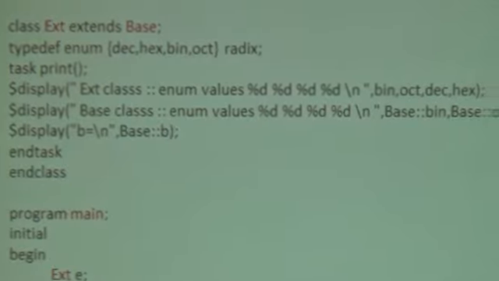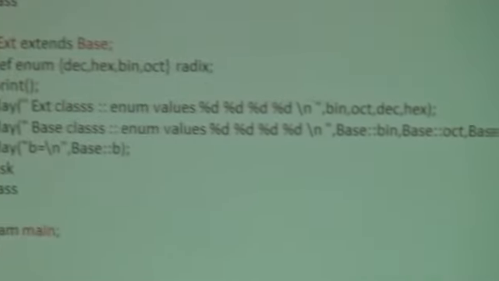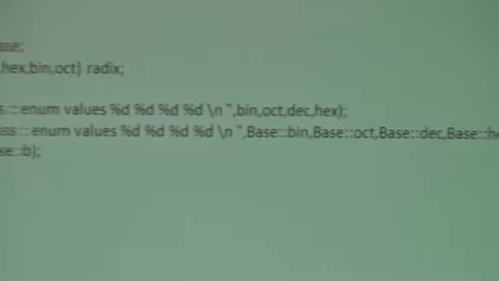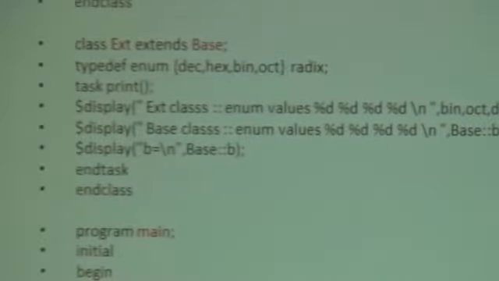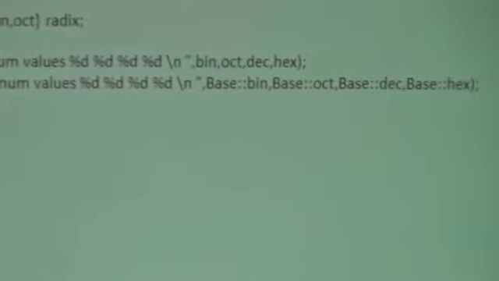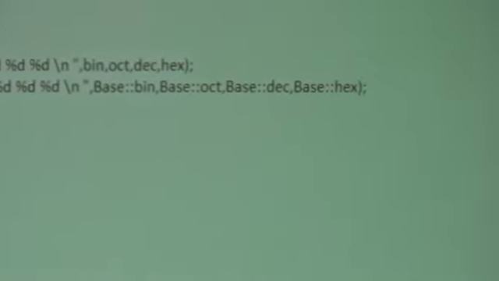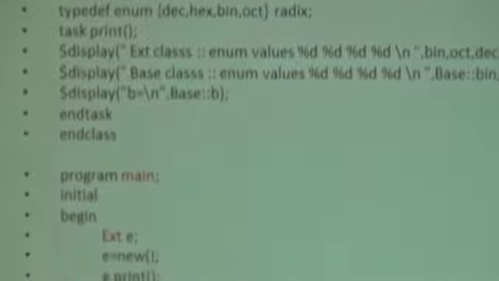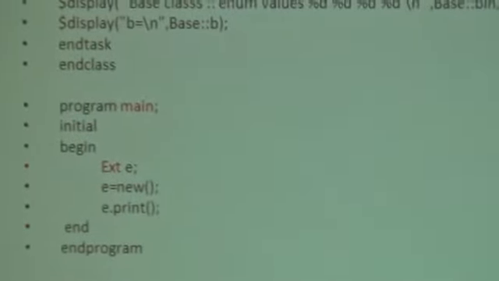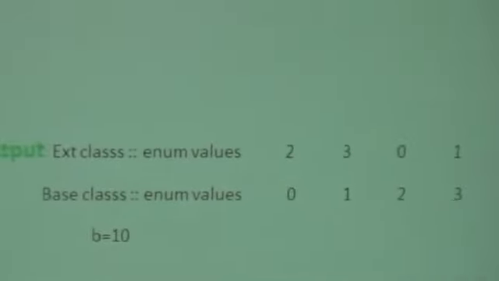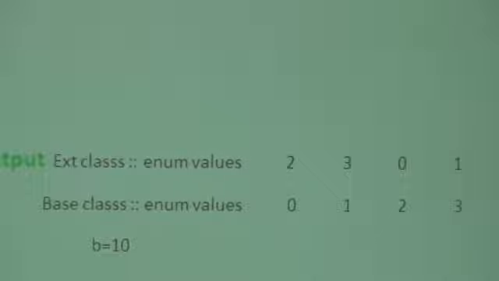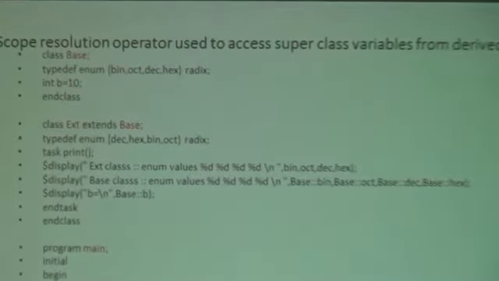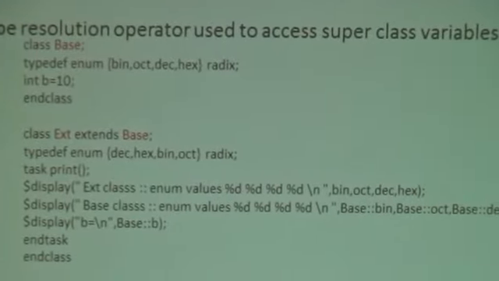I have described two things. If you have seen here, I have described to print the values bin, oct, dec and hexa directly, but here in this display I have given to print as base::bin, base::oct, base::dec and hexa. This operator represents that these are the properties or characteristics belonging to the superclass. When I try to print out these values, in this program block I create an object for it and print out, and I have got the values as below, and I will execute it in my tool and we will find out the output. The thing we have to observe here is that we have accessed the typedef which is